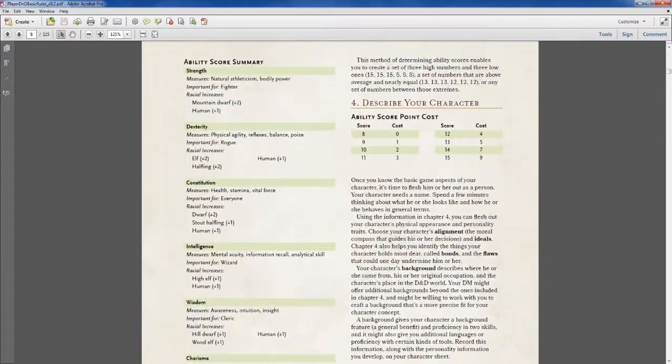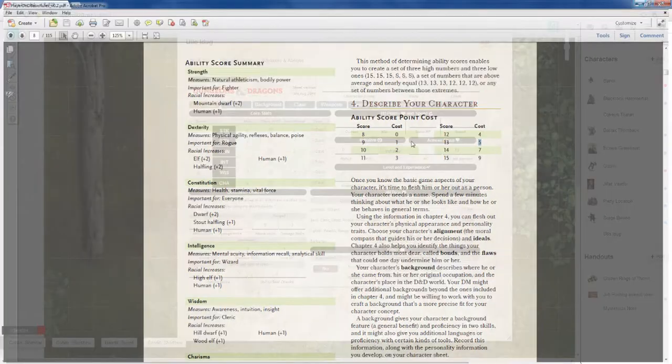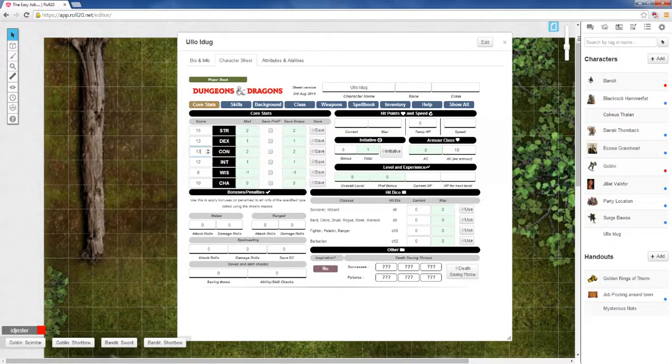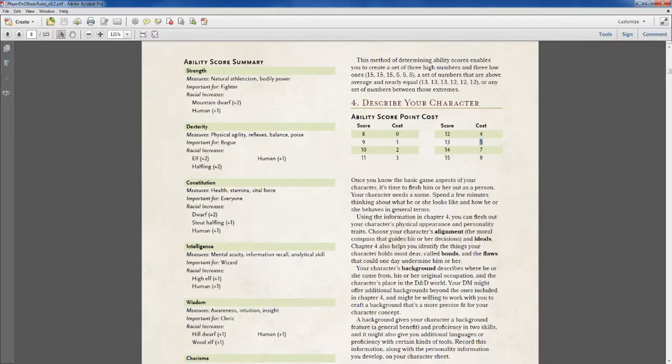Keep going up, up, up. There we go. So from a 14 to a 13, I would gain 2 points, because I wouldn't spend 7, I would only spend 5. So if I did that, we could take our 14 and make it a 13, which gives us 2 extra points to spend, which means I can take